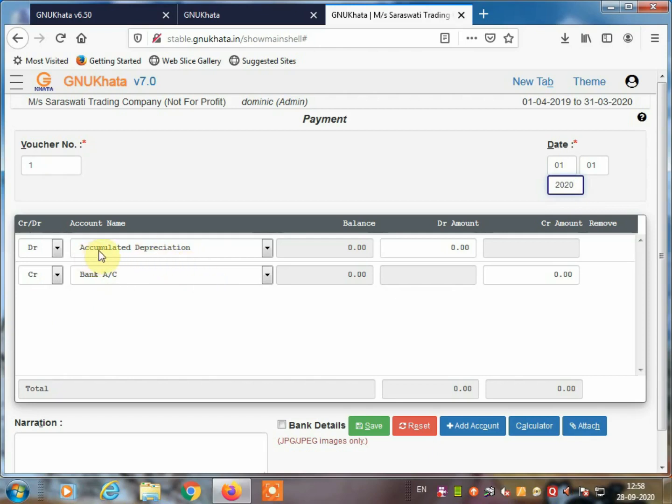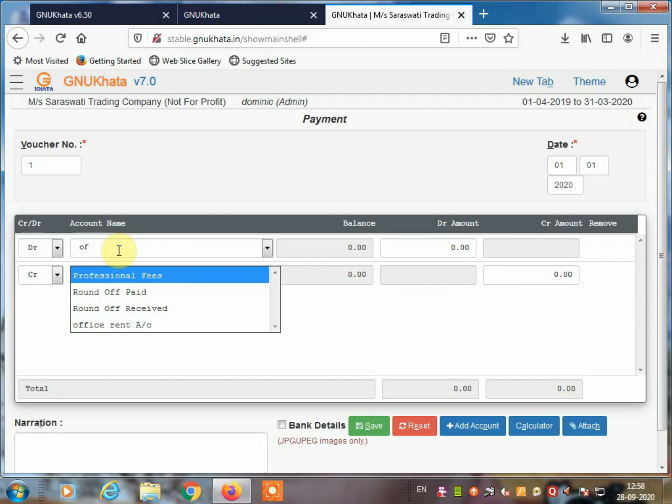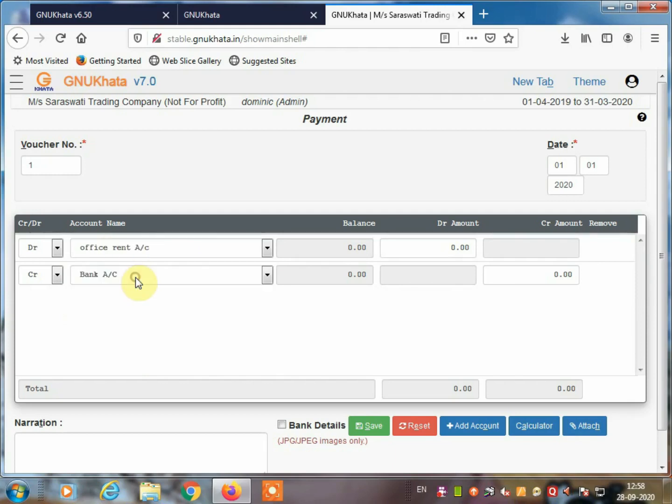Debit the office rent account. The office rent account we already created. So office rent account debit, how much? 15,000. 15,000 credit bank account, because a cheque is there, that's why bank account 15,000.